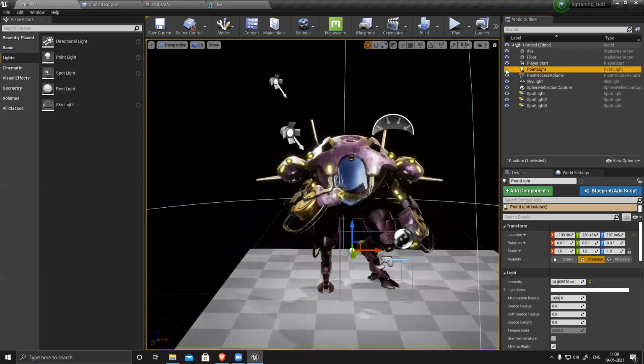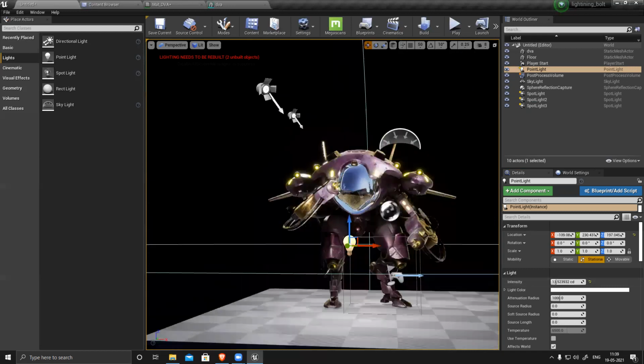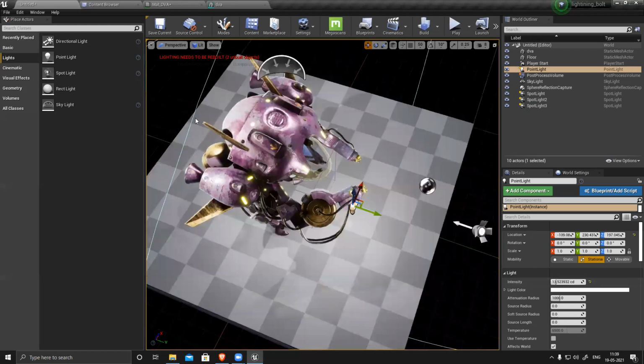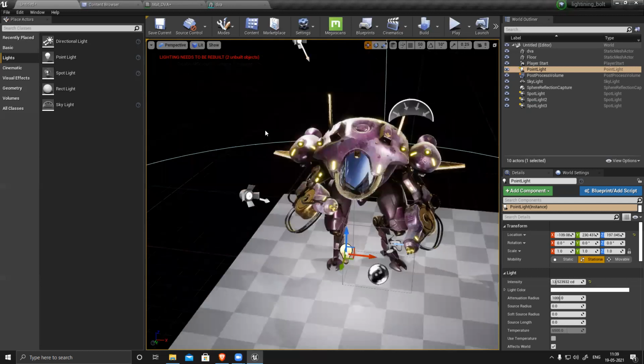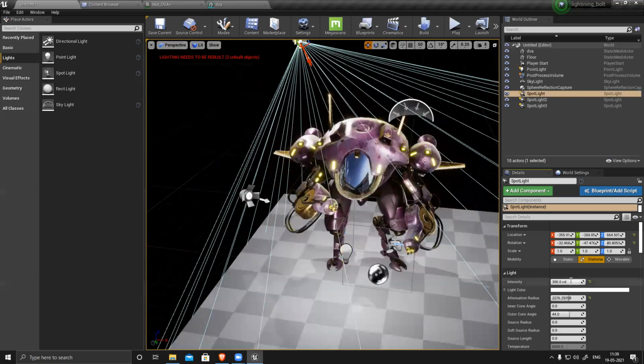See, it was full black. Now everything is visible, and I feel this part is a little too white. I can reduce the intensity to 200.